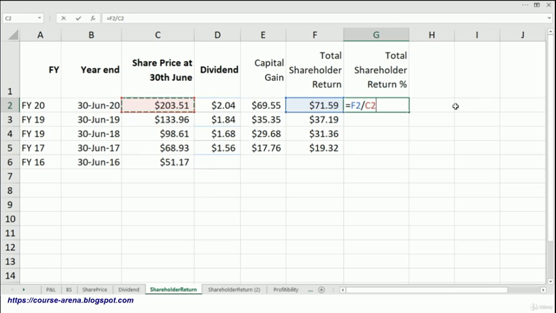the concept is very clear. The investment was made by the shareholder at the beginning of the year, so we should be considering the share price at the beginning of the year. So I'm going to use the share price at the beginning, and I will just press enter now, and for the purpose of percent I will just press the percentage sign, and here you can see that we have 53% return in fiscal year 2020.